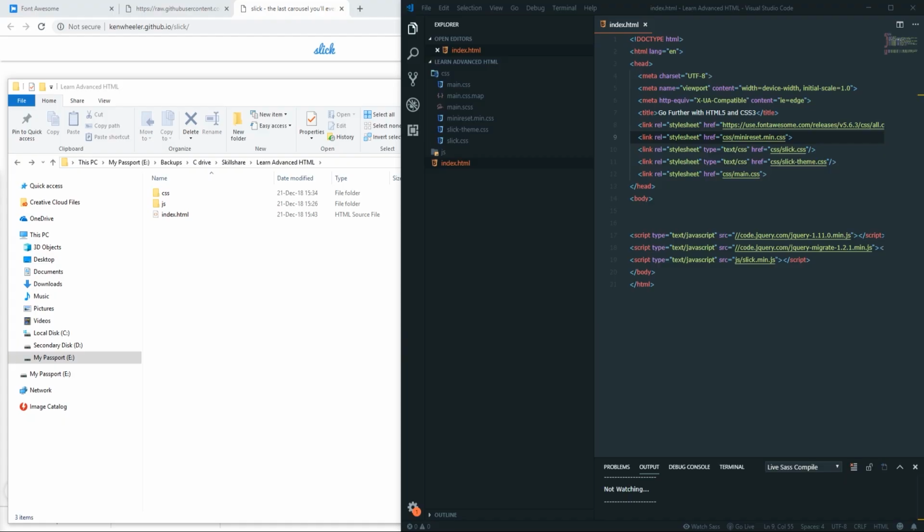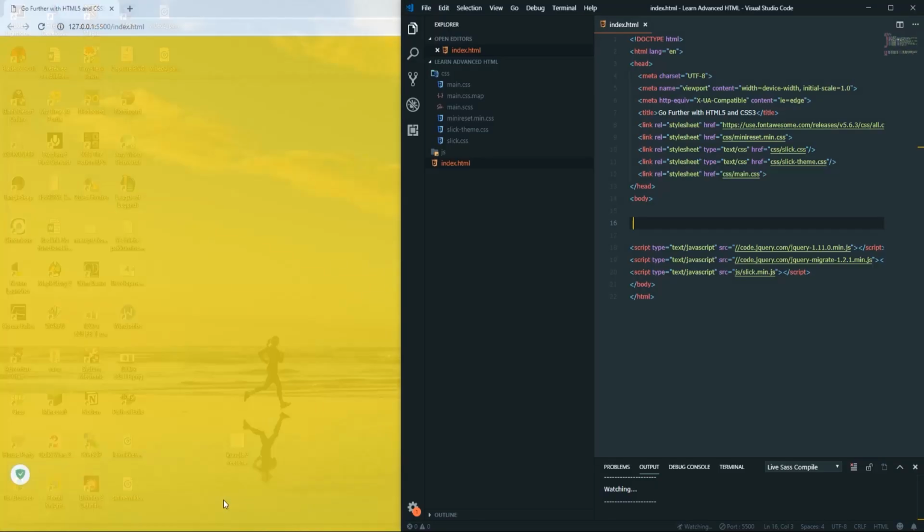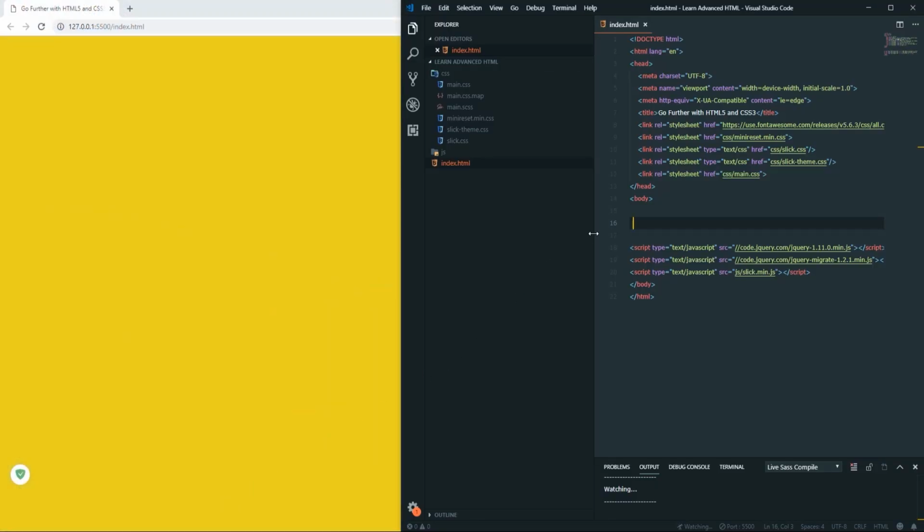and we can start creating the actual HTML for the website. If you have not done that yet, press the watch SASS in your Visual Studio and go live. This is going to open the local host in your browser. We can also close the other ones. And let's go back into our HTML file